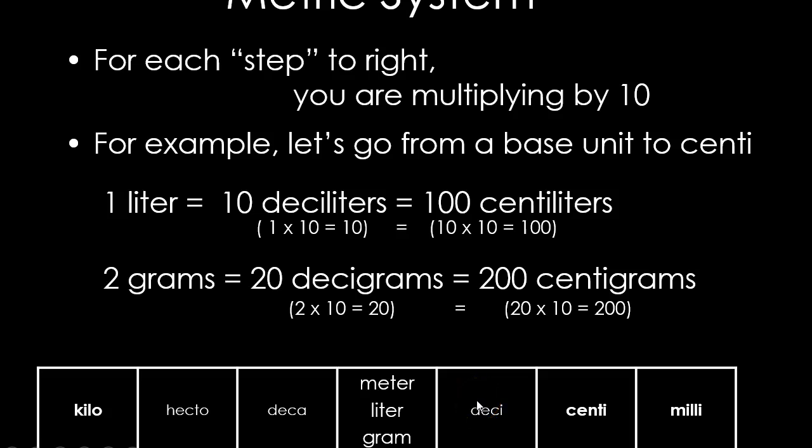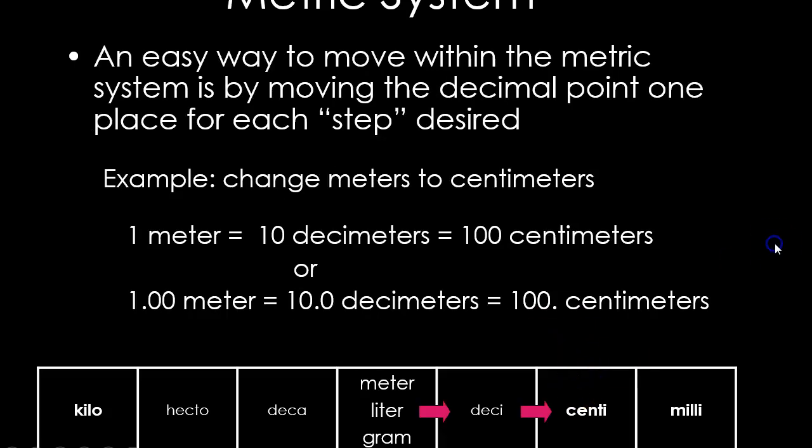If I want to find out how many centiliters that is, 10 times 10 is 100. Super easy. I know you guys did this last year. So an easy way to move within the metric system is by moving the decimal point one place for each step desired. So if you're not really good at dimensional analysis, if you don't trust your